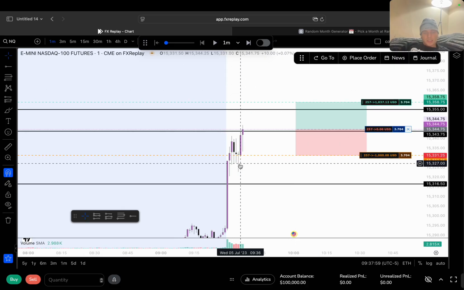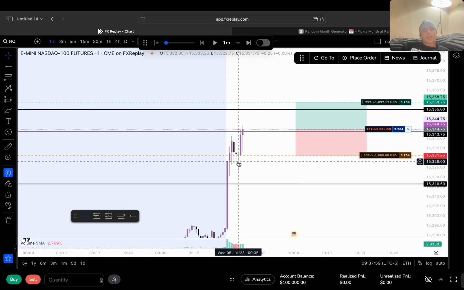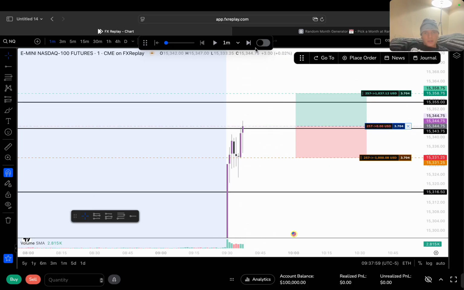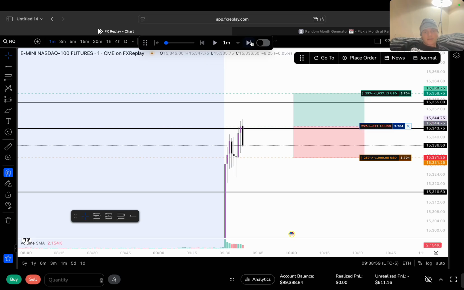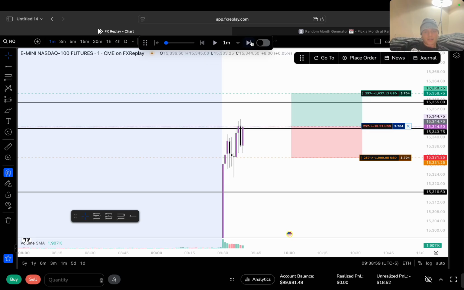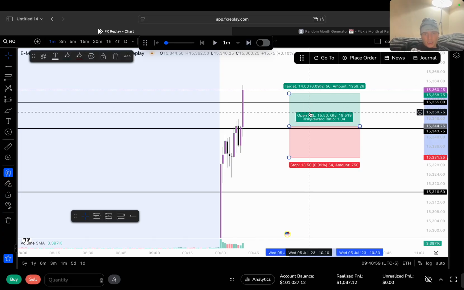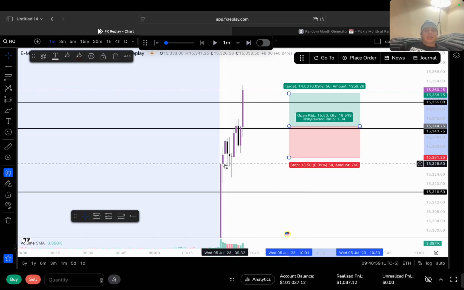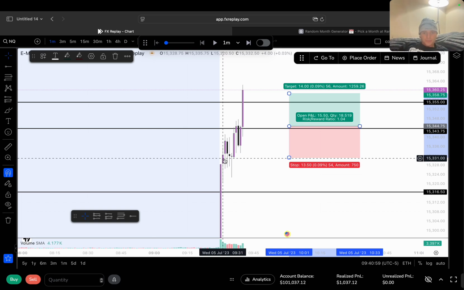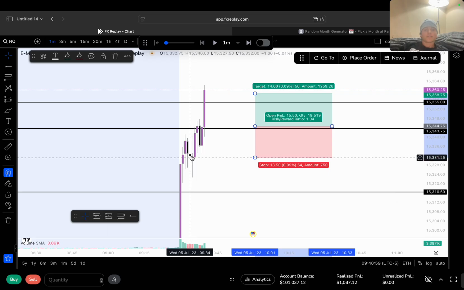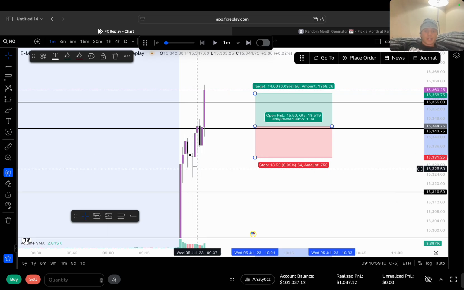But see, the wicks down showed to me that the price tried to go down, but it just grabbed a little bit of liquidity and then reacted to that to go up. So let's just see what happens here. Yeah, I think we're probably going to get stopped out here, but let's see. No, never mind. The only reason I entered this, which typically I wouldn't have, is that these candles, these wicks, show me that price didn't really want to go down much, because it tried and then just got rejected, wick straight up.